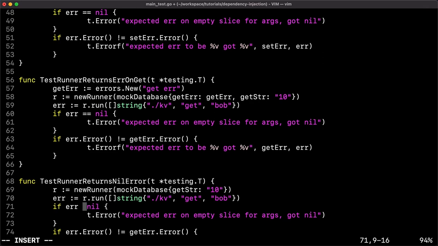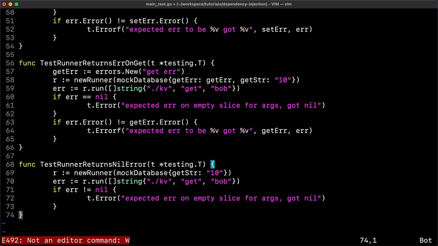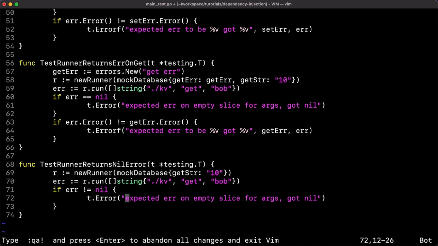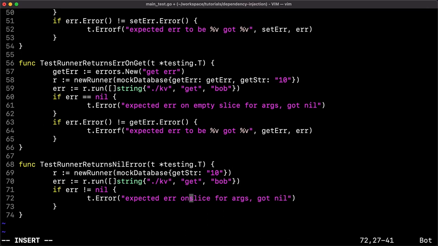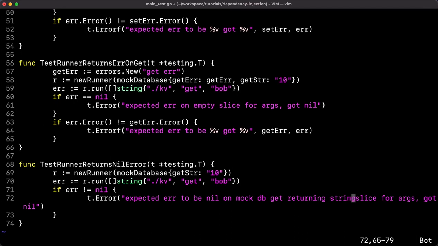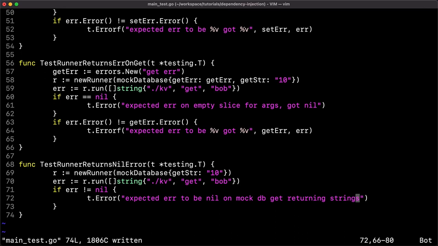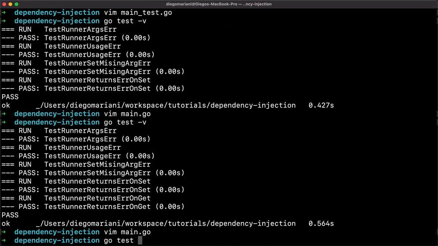So here, if the error is not nil, then we say we would expect this to be nil. It's better to be nil on mockdb Get returning a string or something along those lines. Just saying that our database is returning a string and is returning a nil, and we shouldn't expect any error,